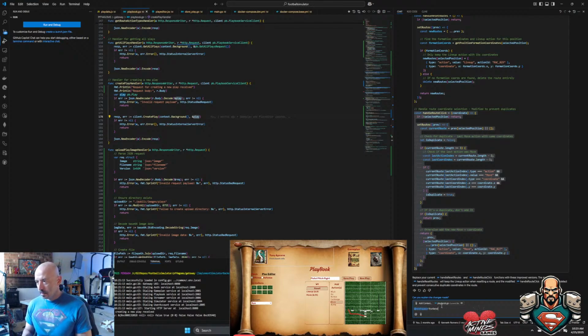Front and save play is getting an error when I save. Invalid request payload. I do not provide the image in the payload since we do not have